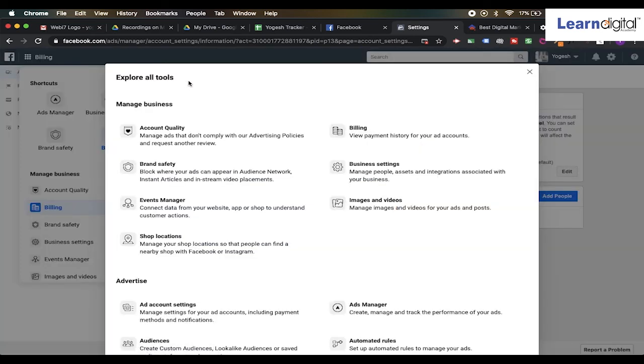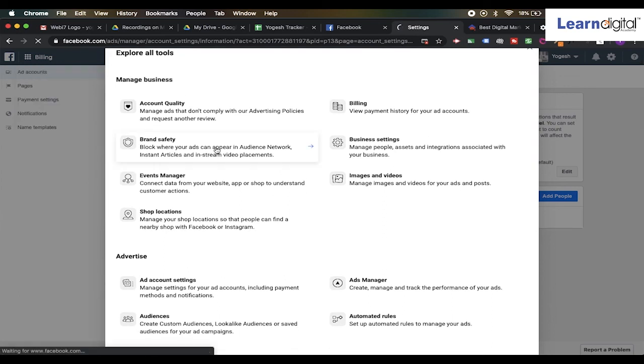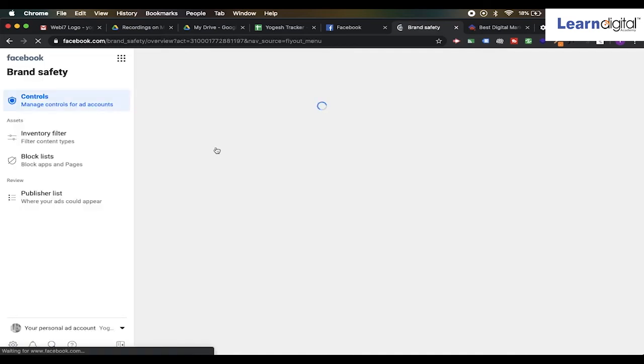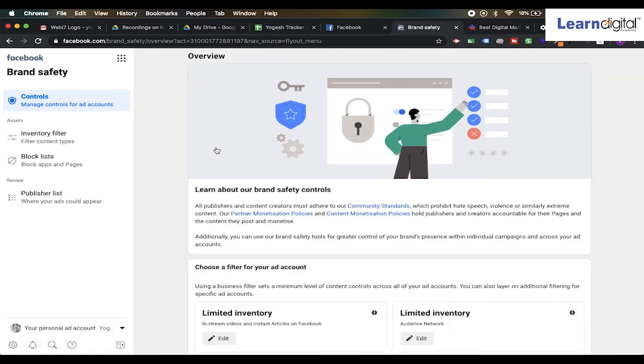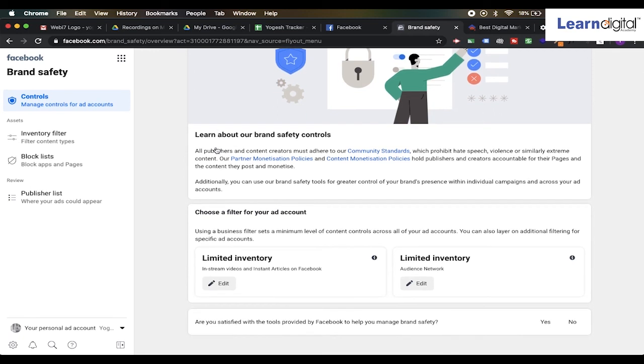Let's explore another part of Facebook. Shop locations, very simple for any of your stores. You can add your location over here. Let's get into brand safety. You want to protect your brand from other advertisements coming over it, or any other content which might come over, or if you have launched any videos over which you do not want any other content to be coming up with. So let's see what kind of inventory we have over here.